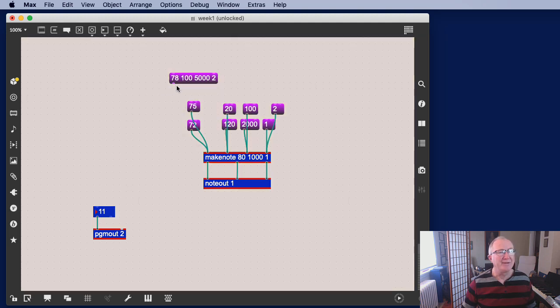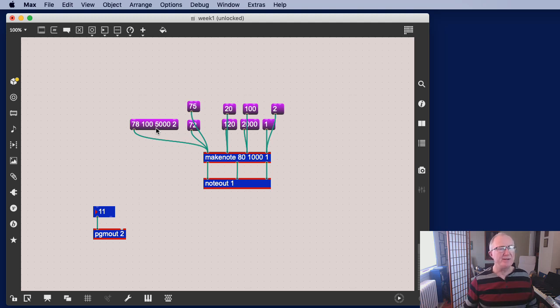Now what actually happens if I push this list of 4 values into the first inlet? Well, in actual fact, what the object does is it takes that list and distributes it across the inlets from right to left. So it says, okay, I've got a list of 4. Let's put the 2 as the channel, the 5,000 as the duration, the 100 as the velocity, and the 78 as the pitch. And at that point, it happens very quickly, the make note object will generate its note,